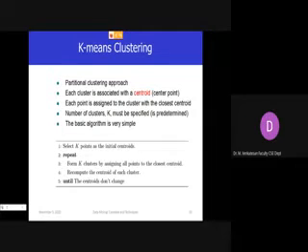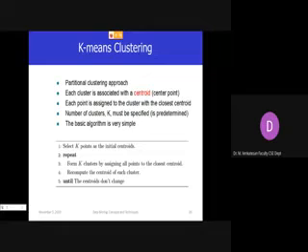Simple. In k-means clustering, first you have to get k. Let us say k is 3. Then we'll have 3 clusters. For each cluster you have to assign a centroid. That centroid will be assigned to the clusters randomly in the initial stage. For example, I have 5 points to be clustered into 3 clusters. Then for each cluster, I can take any point from the given data and assign it as a centroid.